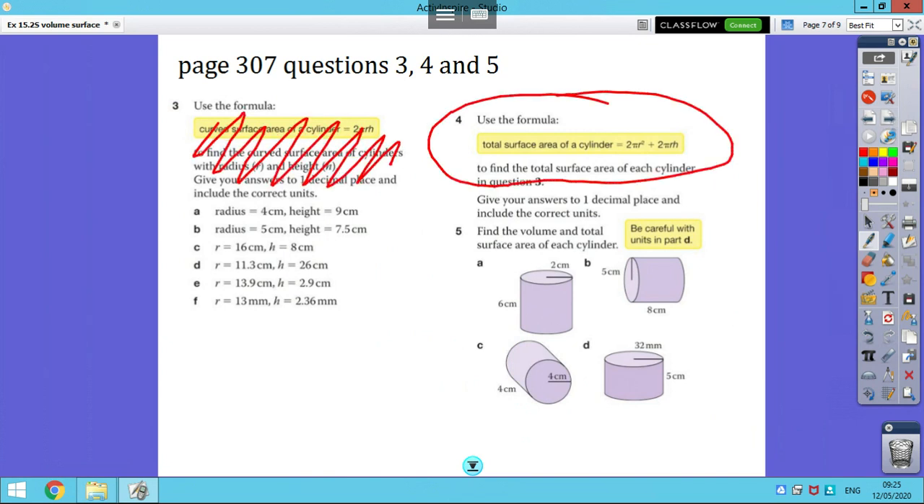So it says use the formula for the total surface area of a cylinder to find the total surface area of each cylinder in question 3. So that would be good, so you can find just the surface area of these. Don't bother with finding the curved bit and then the total surface area, because you may as well do both at the same time. And then question 5, I want the volume and the surface area of each cylinder. Now be careful as to whether you're given the radius or the diameter. Oh, actually, I think for all of these, they've been very, very nice. Look at that, for each of these they've given you the radius, so you don't have to be careful. But then look here, be careful with units in part D. You've got 1 in millimetres